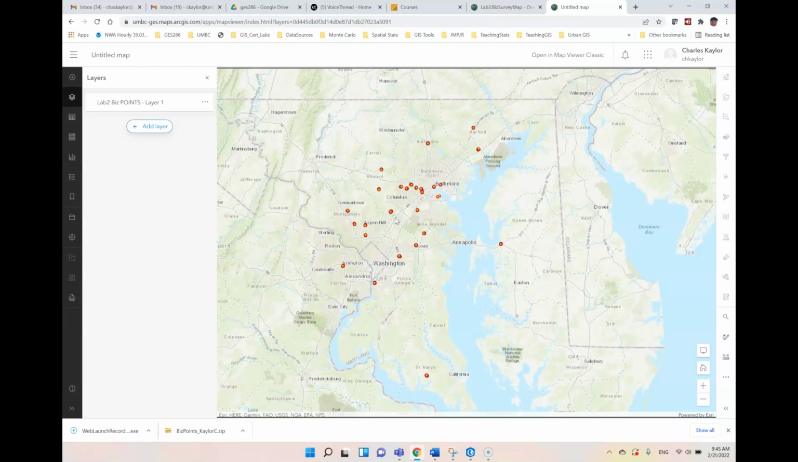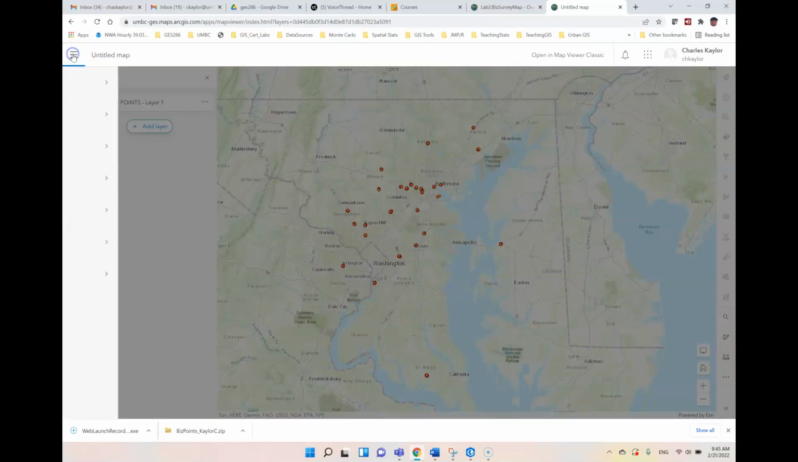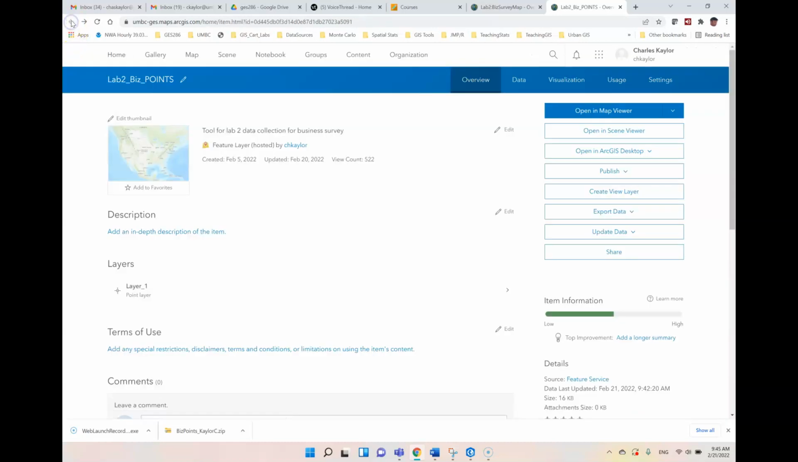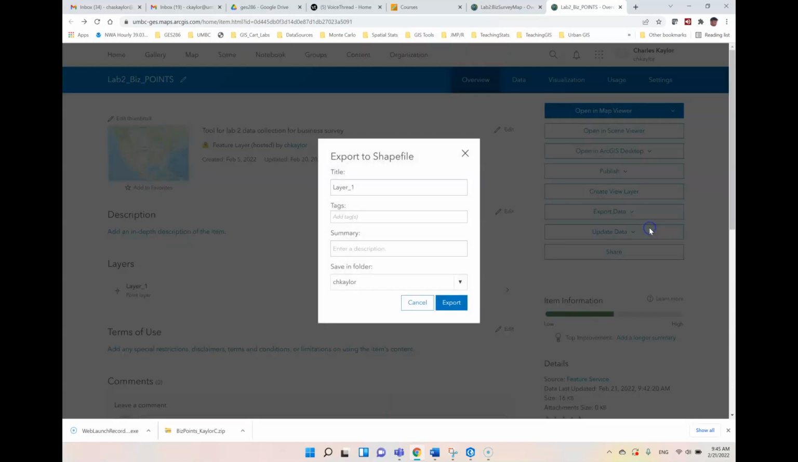What I've downloaded then, and I'll show you the steps in case you don't remember them. I'm going to go back to our content page. So now I'm looking at the information about that file that I was just looking at a map of, and I'm going to say export data, and I'm going to export these to a shapefile, and I'll call these biz locations